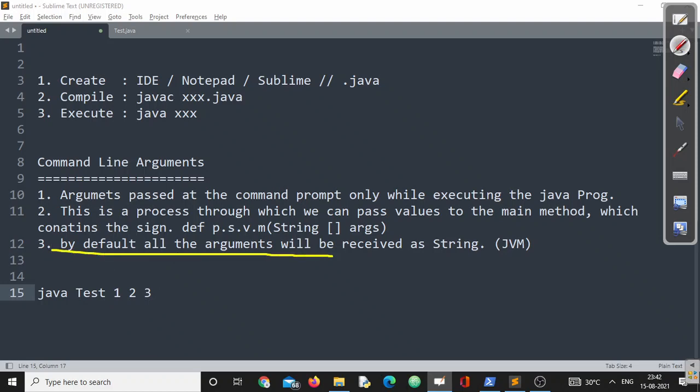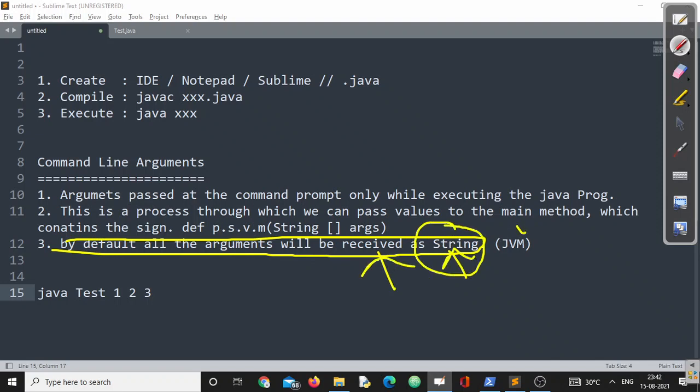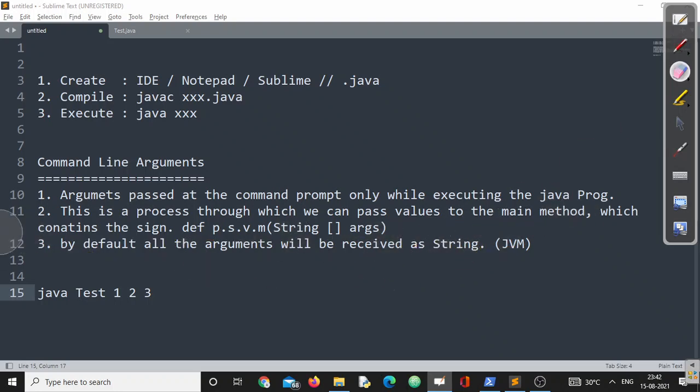All the command line arguments passed at the command prompt will be treated as string type only, and this is confirmed by your JVM, not by your compiler. While receiving the values from the command line, all these parts are the responsibility of the JVM. First point, the JVM will read all the values while executing the Java program at the command line.